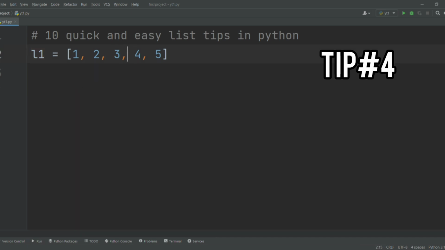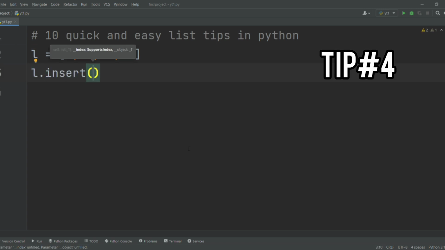So suppose from this list, I'm removing 3 here. Now I want to add 3 at the second index. For that, you can use the insert method. Let me create L first. Now you can write L dot insert.